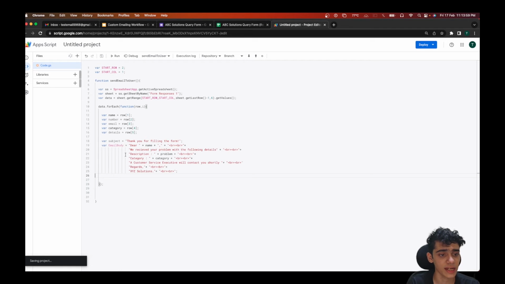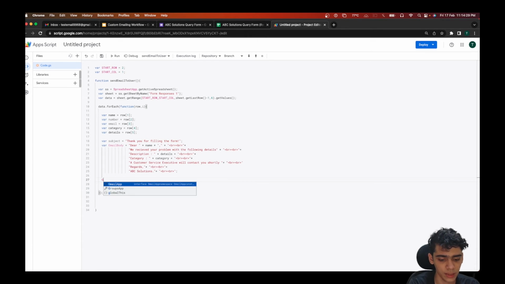So here you can see I've designed the email body, and inside this I want it to be: dear name, after which, we've received your problem with the following details, the description, the problem that they're facing, but the problem for this is going to be just the details, after which the category is going to be listed out here, and a customer service executive will contact you shortly, regards, and the company's name. So this is the email body that I've designed,